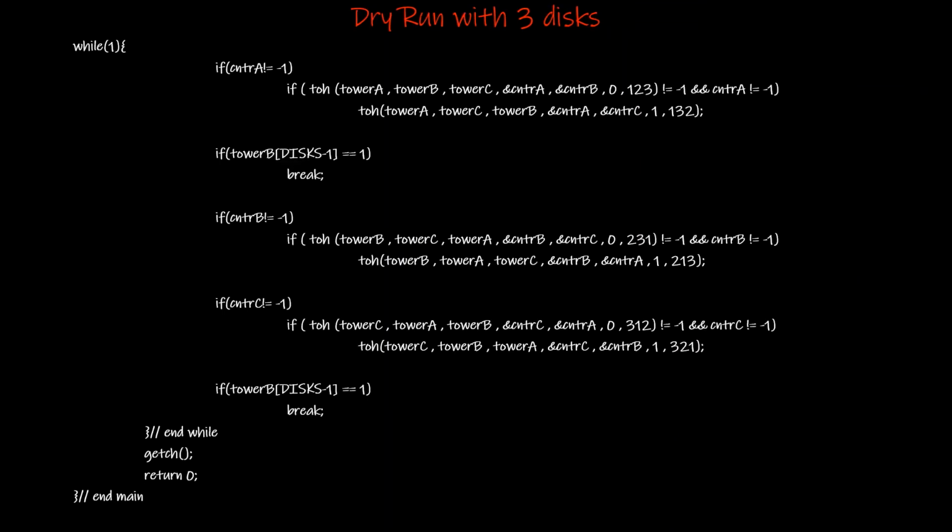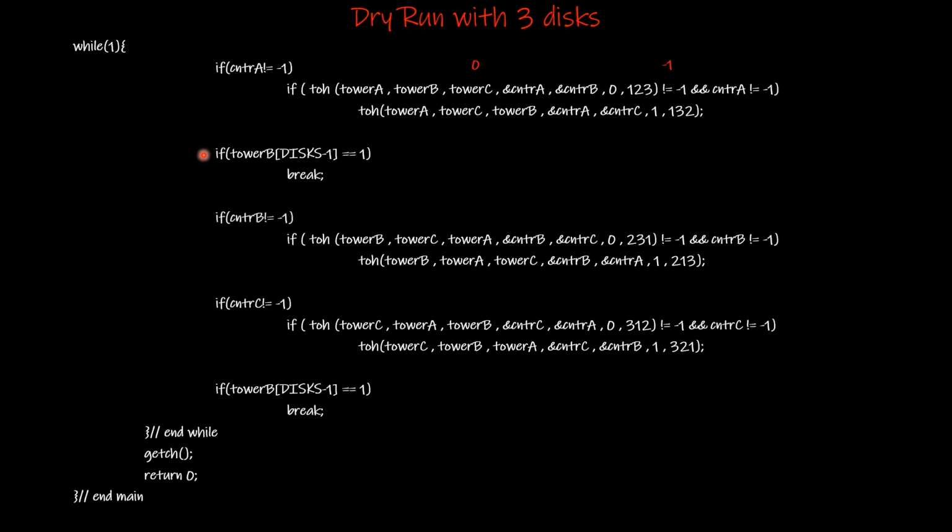Right. So we are in the while loop again of the main function. Okay. We made a call here, and it returns the values 0 and -1. 0 means successful transfer, but counter A is -1. It is not having any disk, and therefore we cannot call the function TOH with the source tower of A. There are no disks to transfer, and therefore the condition is false, and therefore the statement is skipped, and we come here. Okay, is tower B having 1 at topmost position? No. So again this condition is false.